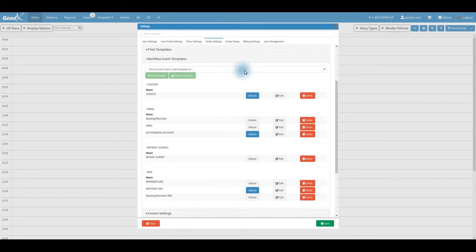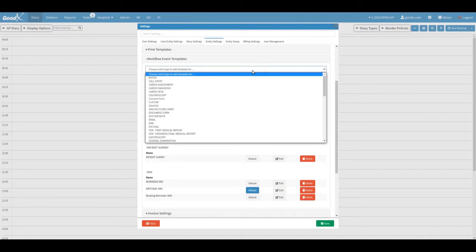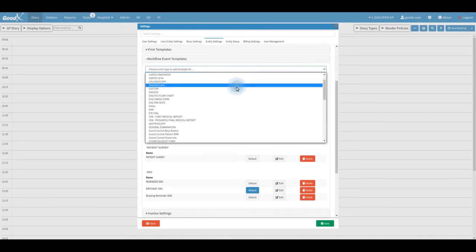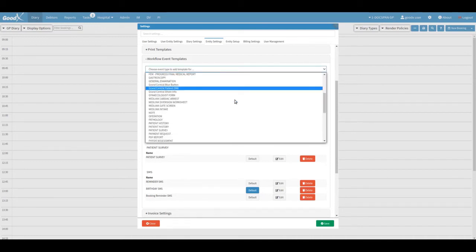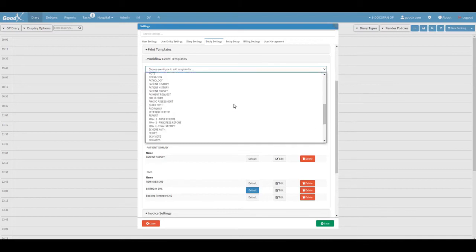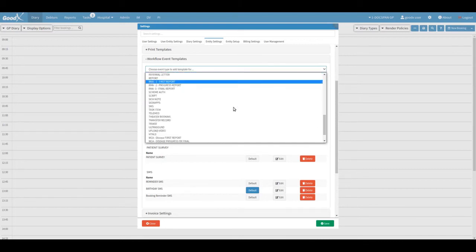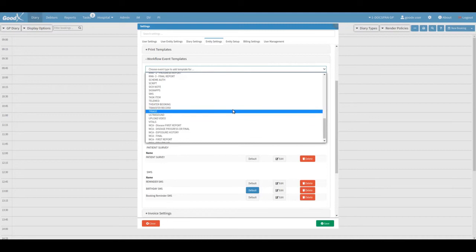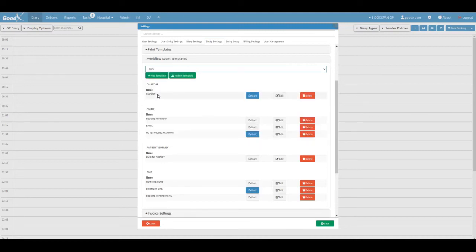To add a new template, select an applicable event from the drop-down menu. You can choose from a range of options on the event list. For more information about the different events in this event list, please find its user manual link in the video description. Once an event has been selected, you can either click on the Add Template button or click on the